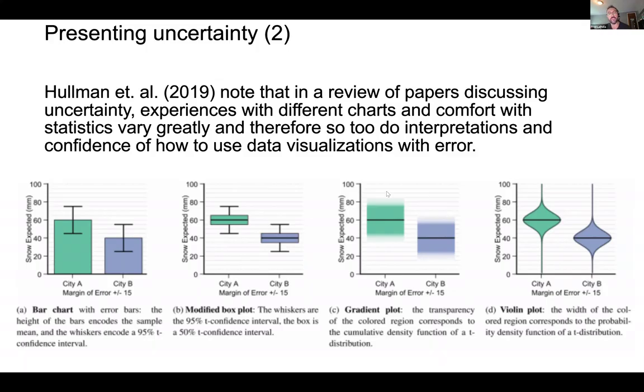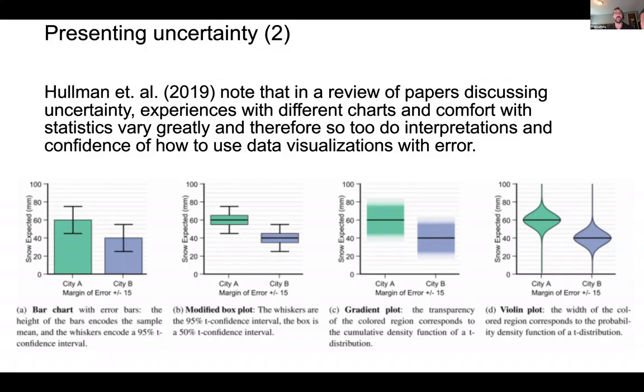Whereas things where it was a little bit more grayed out, it did sort of highlight the uncertainty within the data. And in other cases, I've definitely heard that some people really like these violin plots, but they can require a higher level of comfort and a higher level of experience with charts and viewing them. So they might be appropriate with somebody who's, for example, a research scientist, but maybe not with the general public or with policymakers for whom they might see this sort of visual and shut down.